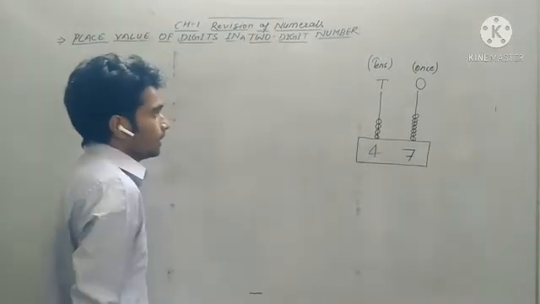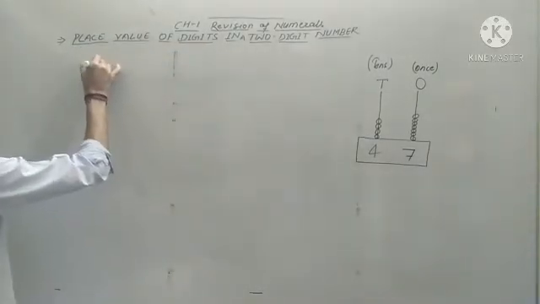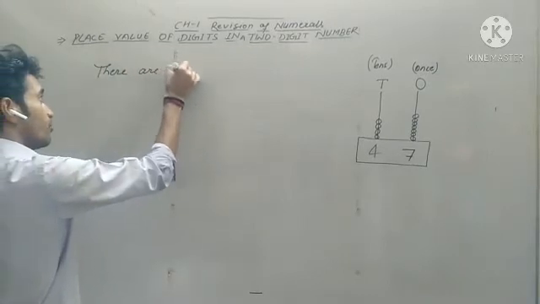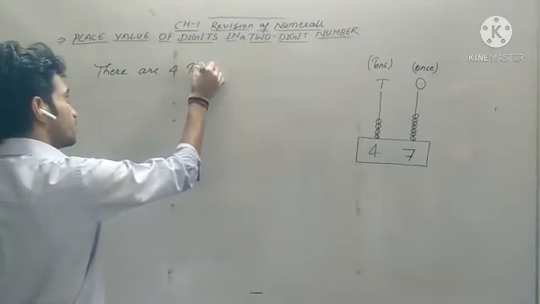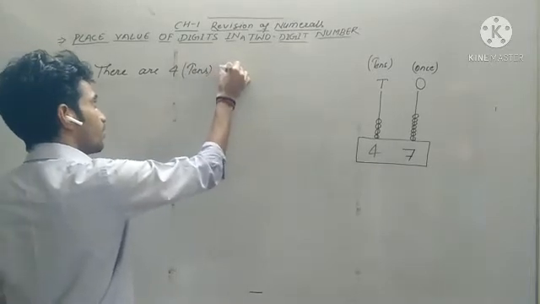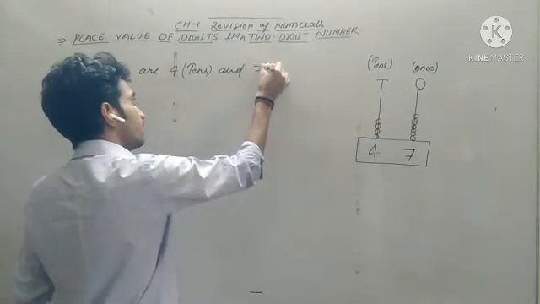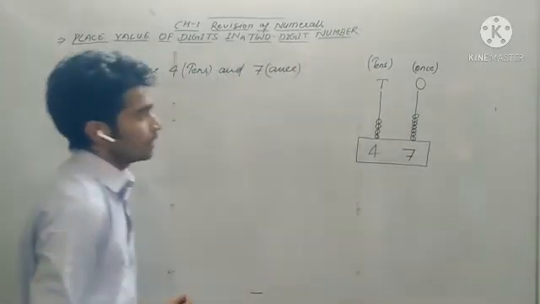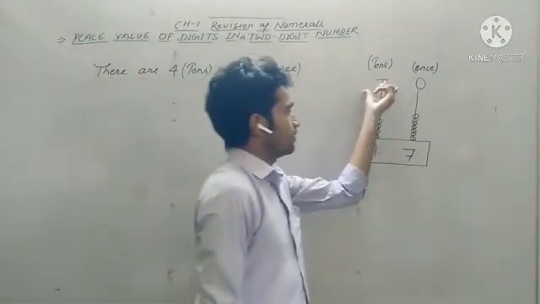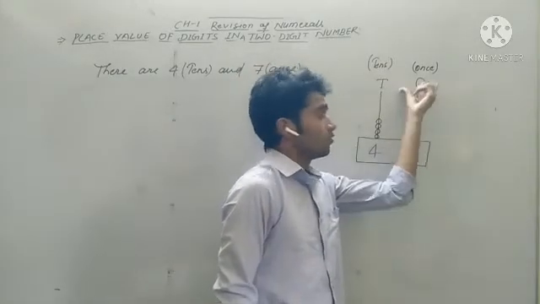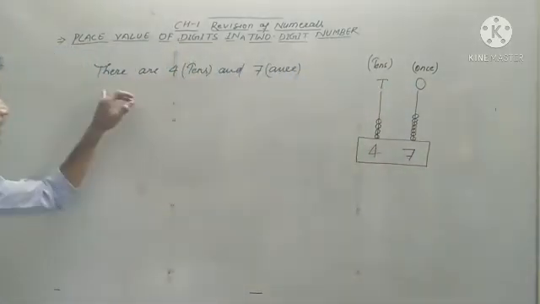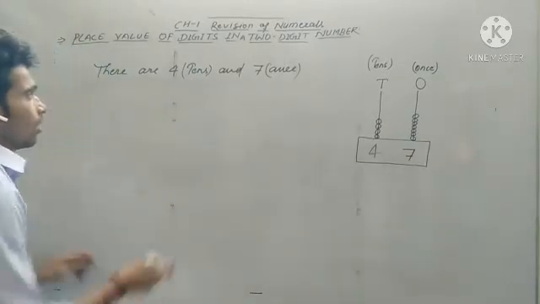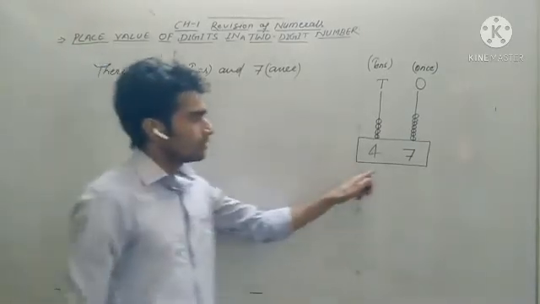So we can write there are 4 tens and 7 ones. Is it clear? 4 is in tens place and 7 is in ones place. So we can say there are 4 tens and 7 ones. Is it clear? So the place value of 4